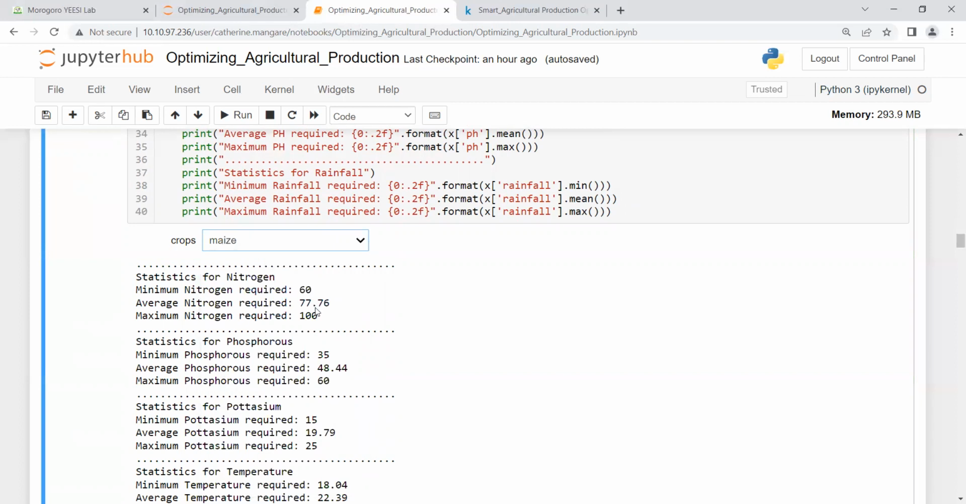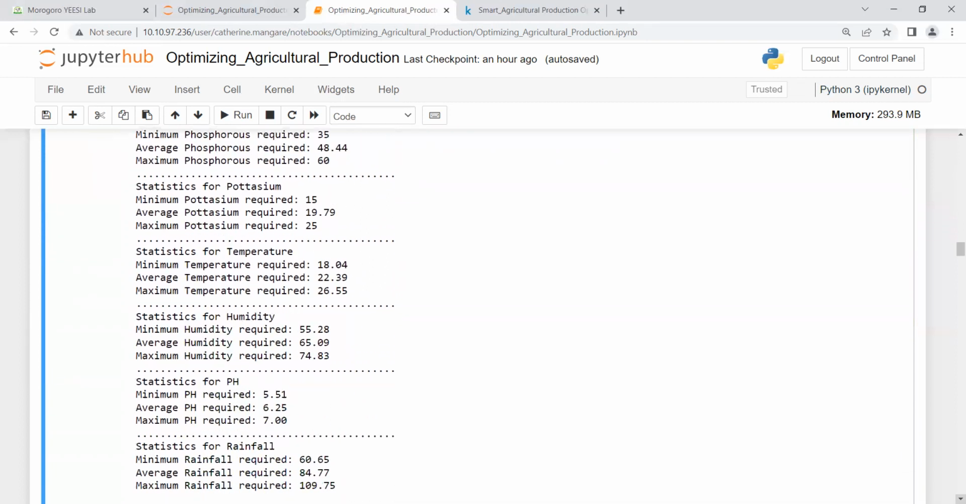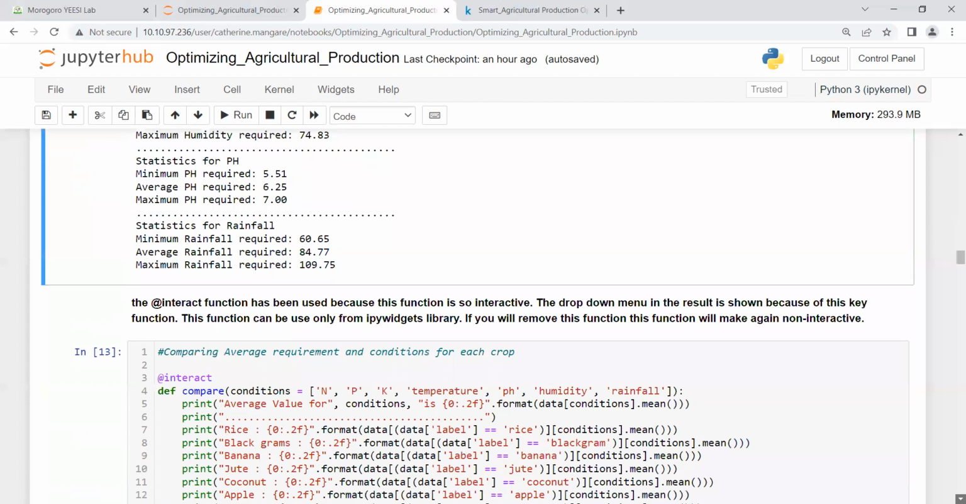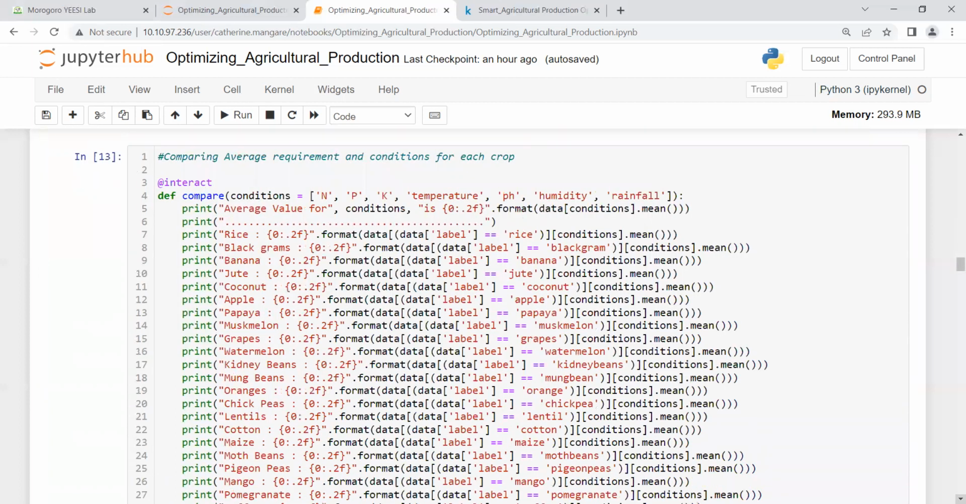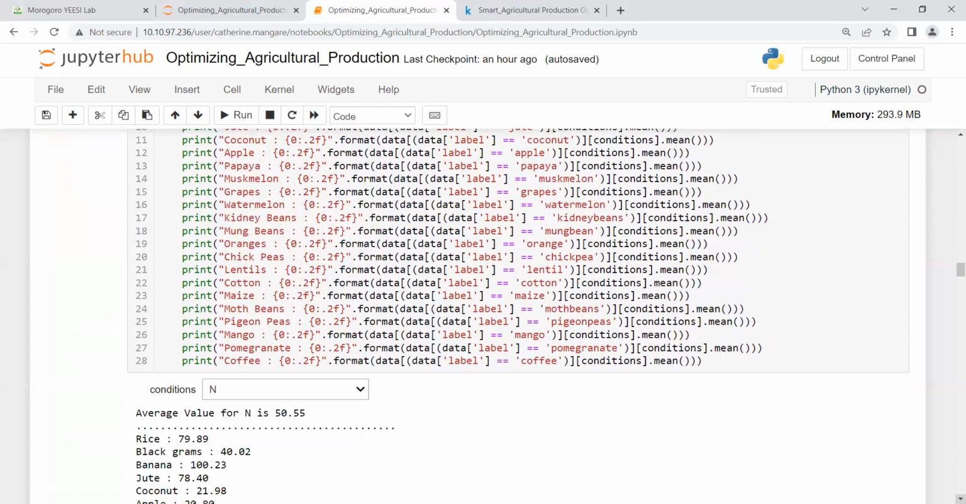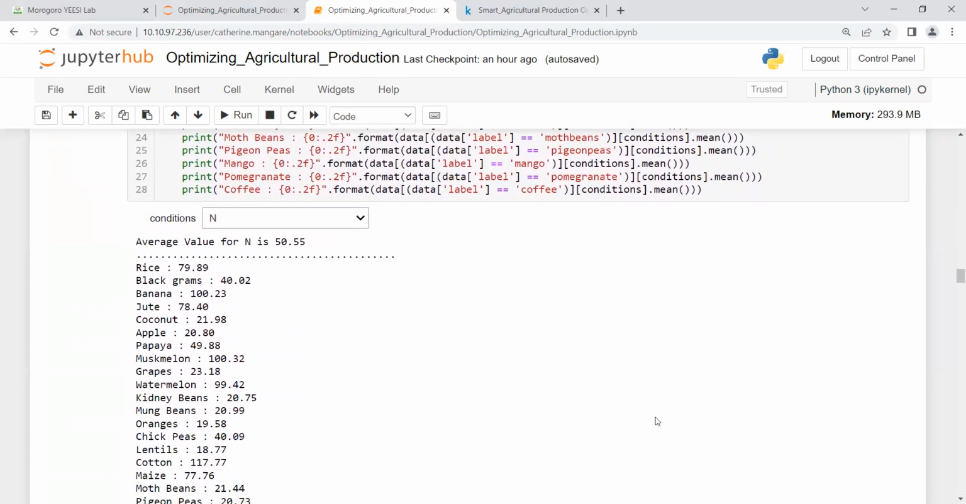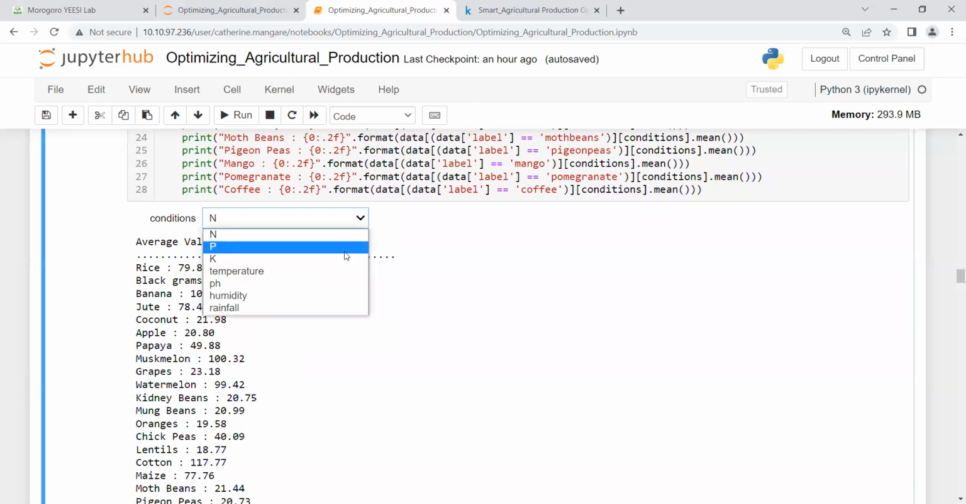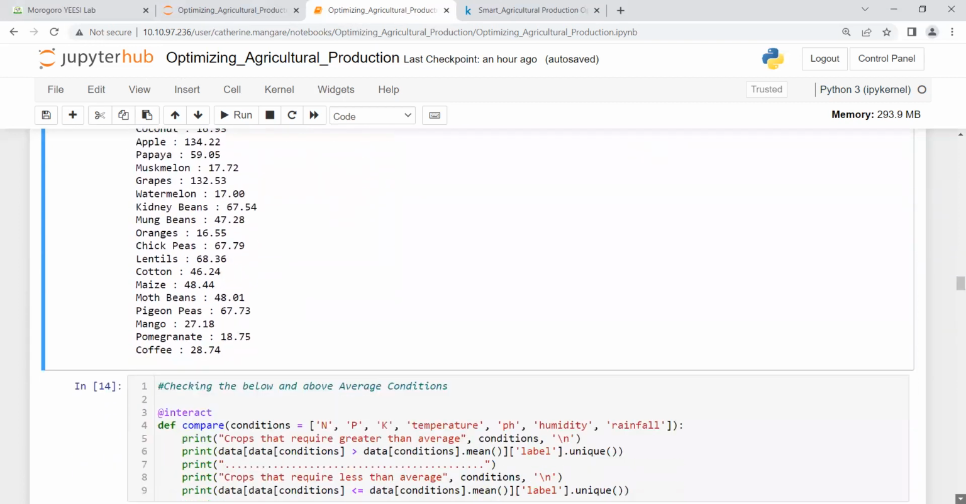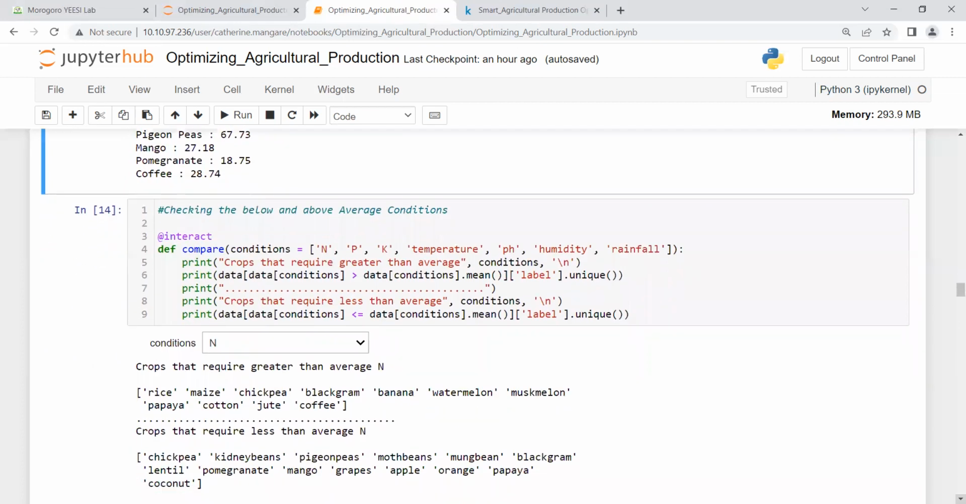If you click for the maize, you will see the nitrogen, the phosphorus, the potassium, all requirement required for the particular crop. Now, we need to compare the average requirement and condition for each crop. For example, you need to see for the nitrogen or for the potassium, how many is needed for the rice, for the black gram, for banana, for every item. Then we can also